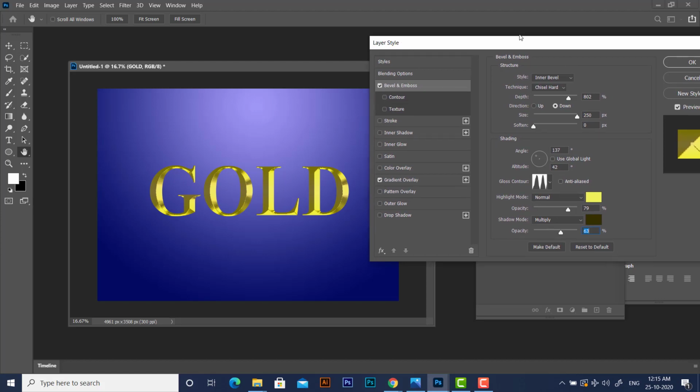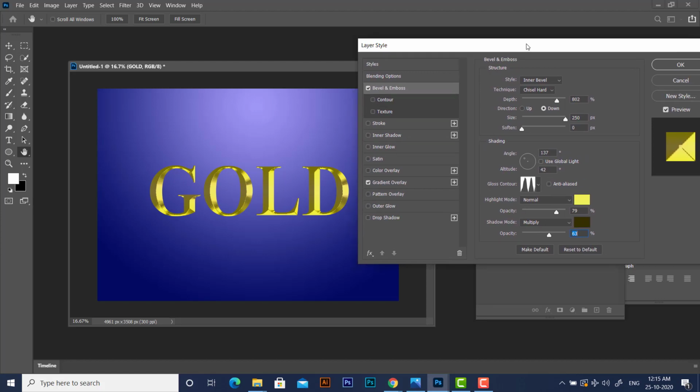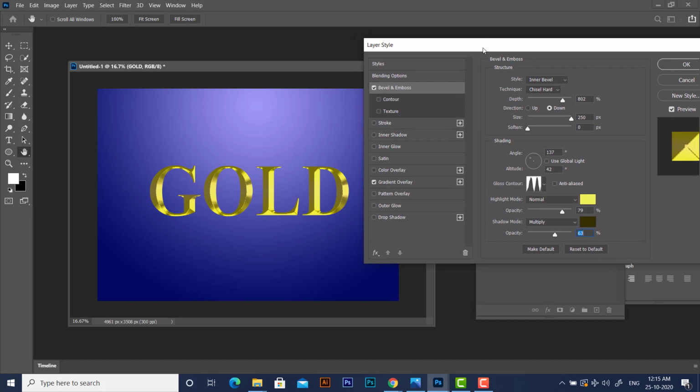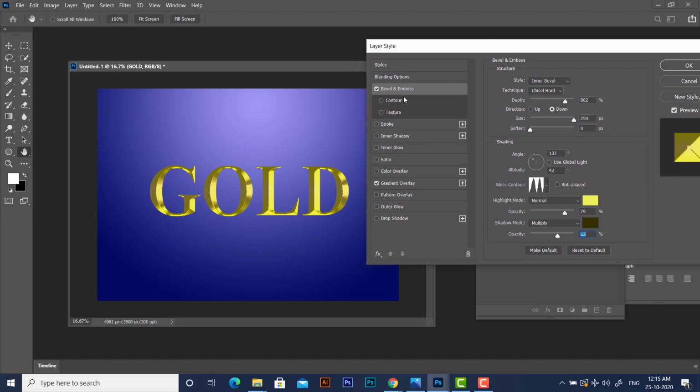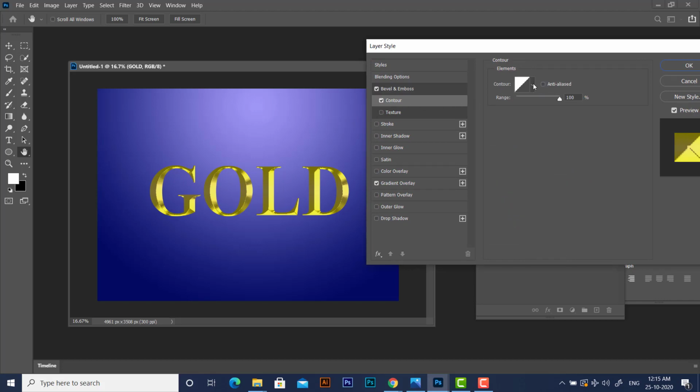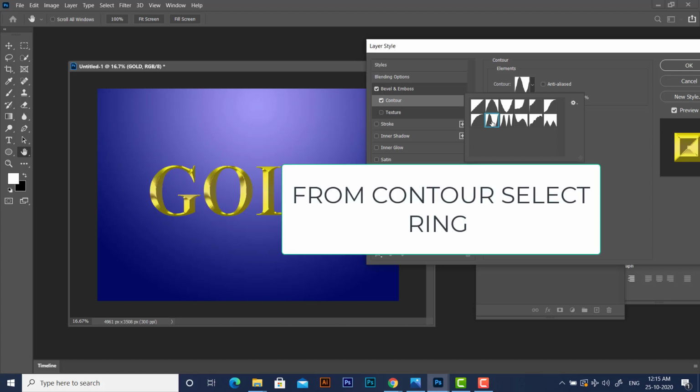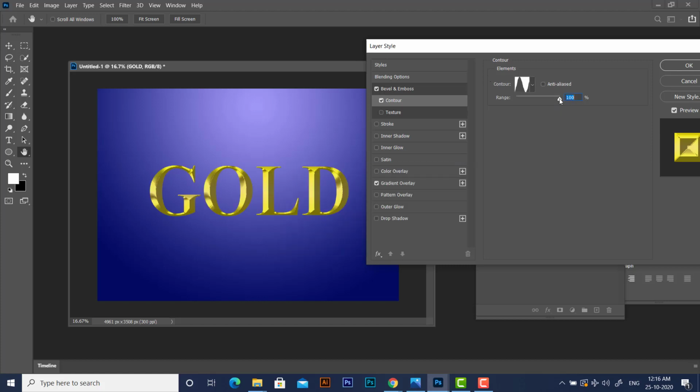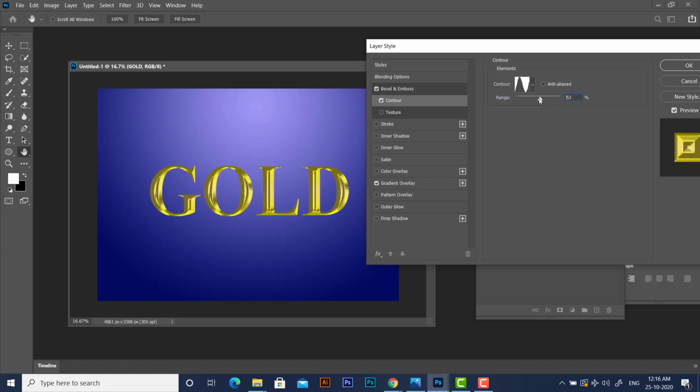And the next important thing we are supposed to do is this contour. Just select the contour, and from contour you can also select this option, ring. You can see the change, and you can also increase or decrease the range, and the moment we change the range value, we can see some effect here.